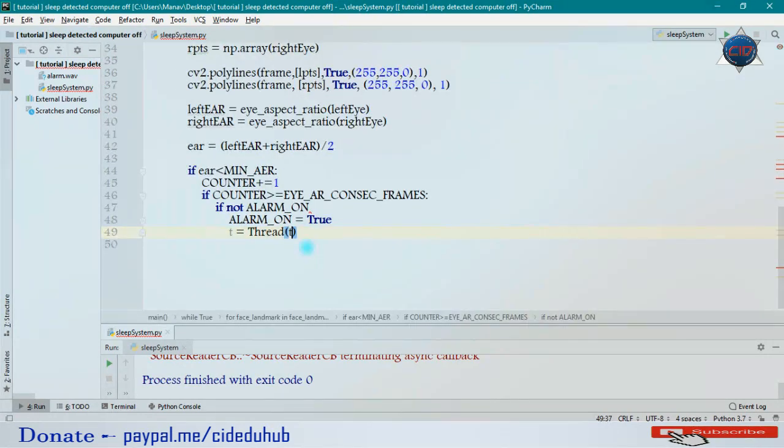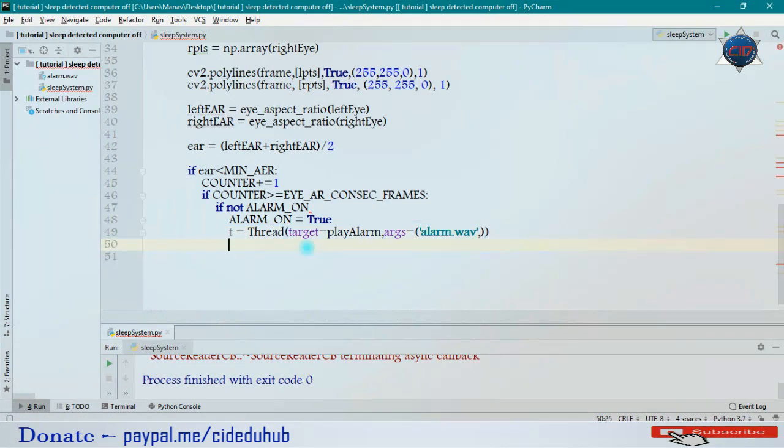I'll go down here and pass the target as play alarm. Okay, the target is done, and now I will have to pass the argument for this sound file. I have the alarm.wav file, so I will pass this as the argument. Now it is passed as an argument.